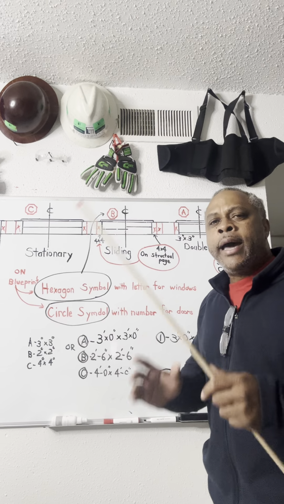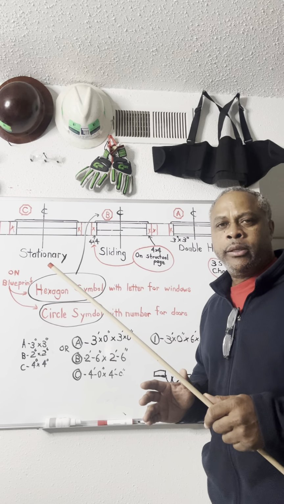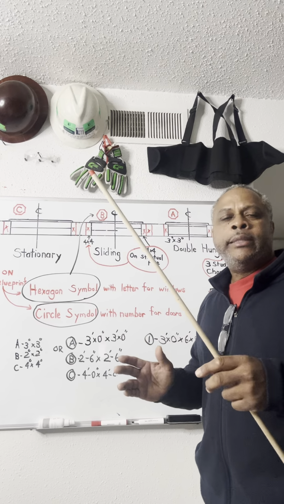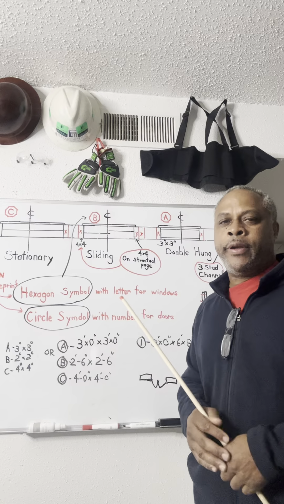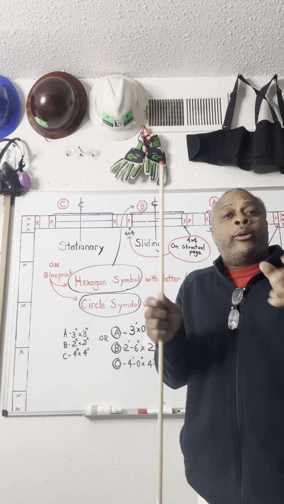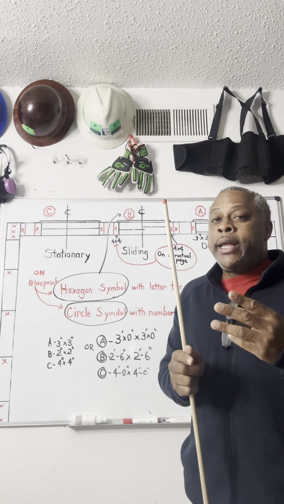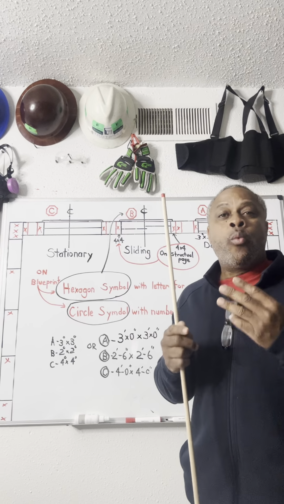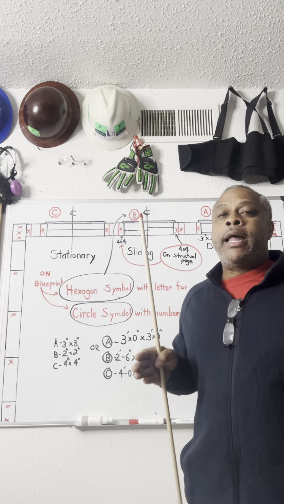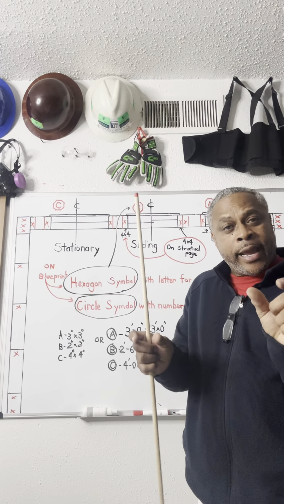You do not want to cut your header short. Don't do that. Don't go with a header that is that size, because it's not going to fit. Because you have 1.5 inches on each side that's up underneath the header. That's 3 inches. 3 inches minimum on a window header. But you do want to allow for the drywall to go in between,